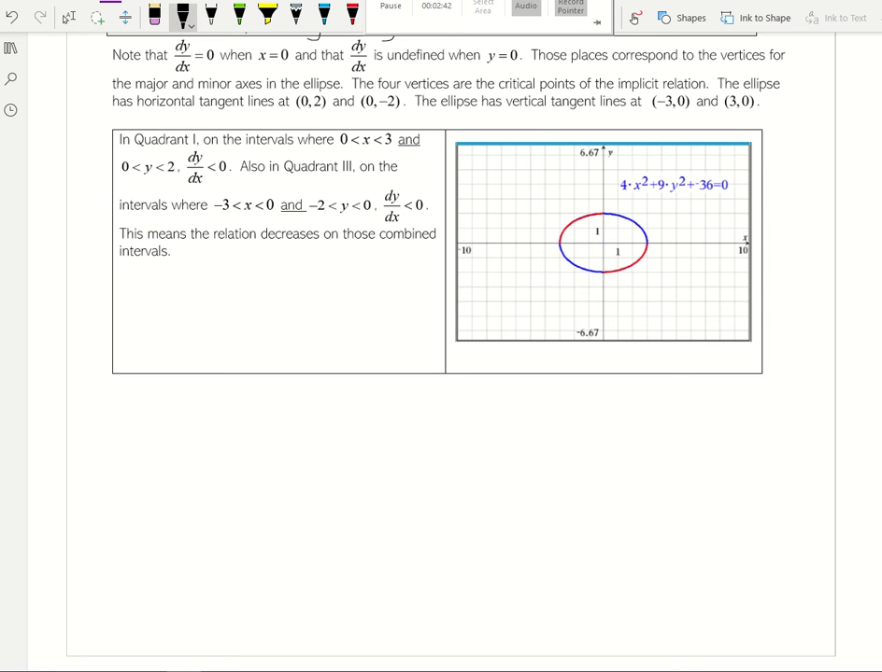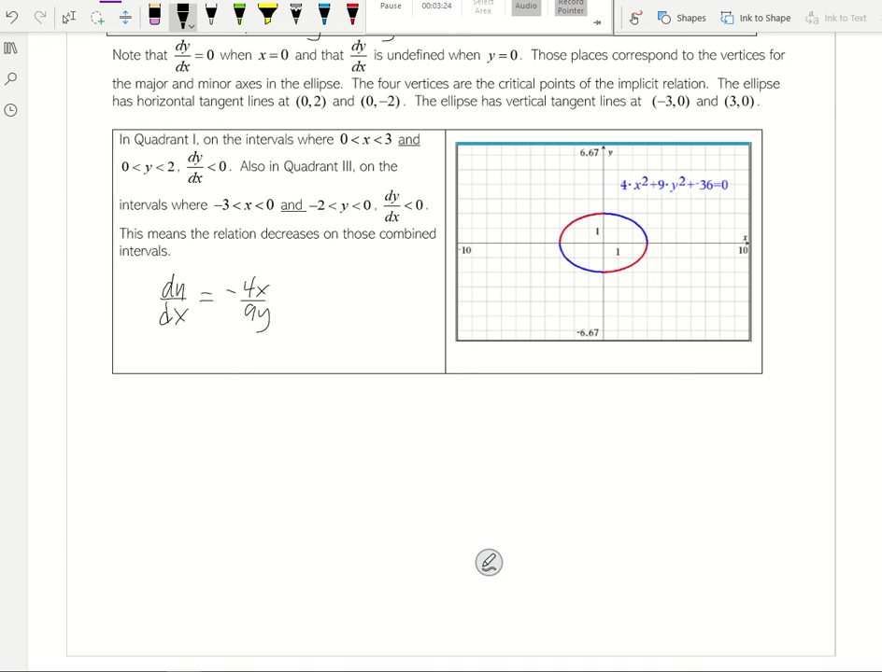Okay, so in quadrant 1, between 0 and 3 in x and 0 and 2 in y, do you see that dy/dx is less than 0, meaning it's decreasing, right? Okay, so you can see it visually on here, but do you notice that if we have dy/dx equal to negative 4x over 9y, and if we plug in numbers in the first quadrant, so for instance,